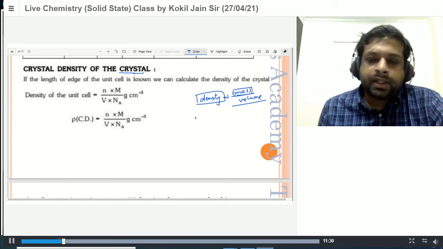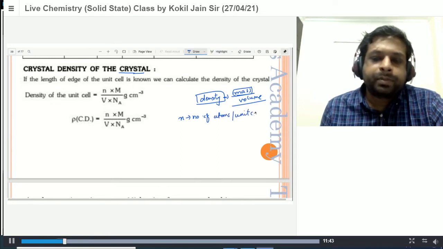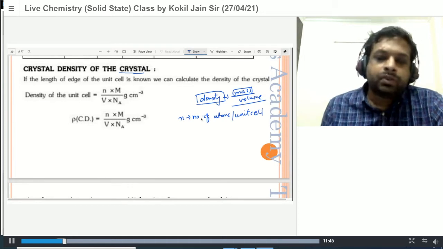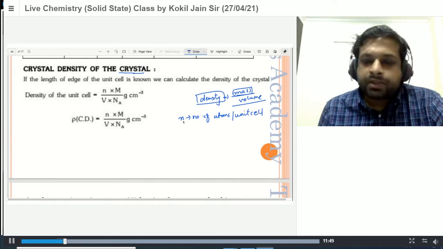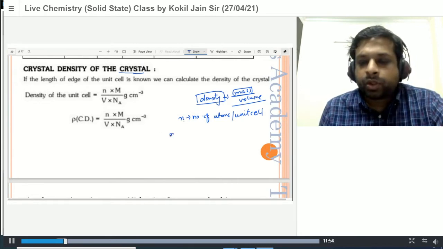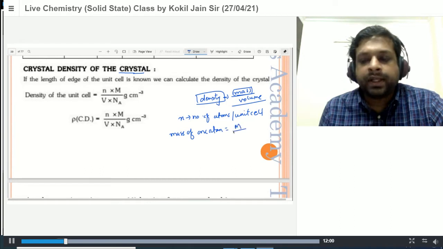First, we have calculated that in each crystal there are n number of atoms per unit cell. Now, what we will do is calculate the mass of a single atom. The mass of one atom would be the molar mass divided by